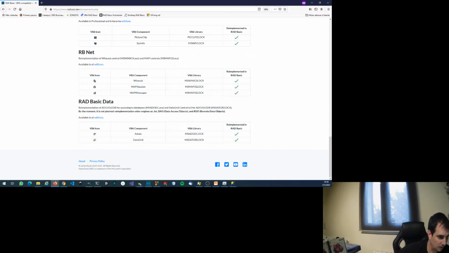Okay. Hugo Paulo, about automatic indenting, there is not at this moment, but there will be automatic capitalization as in Visual Basic 6, and syntax highlighting. Okay.